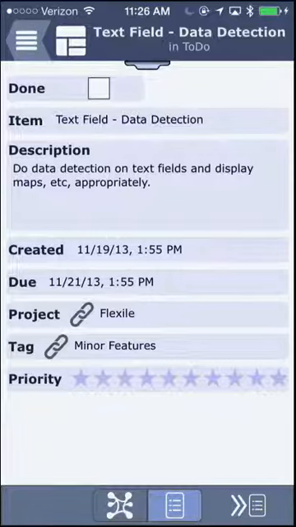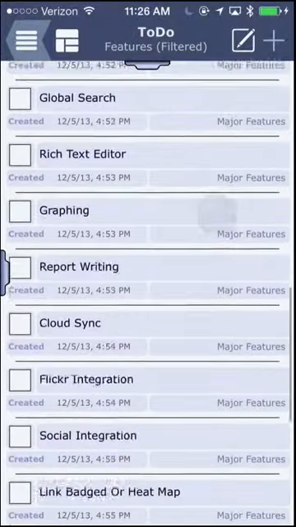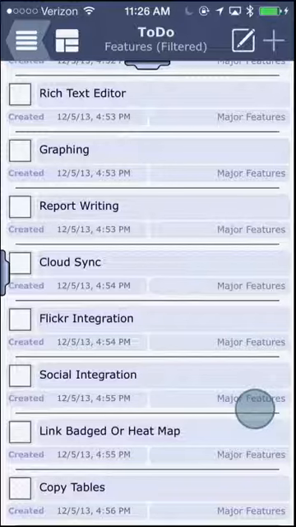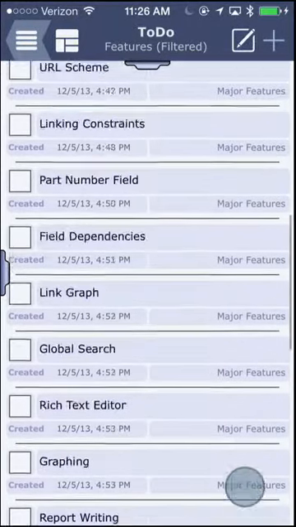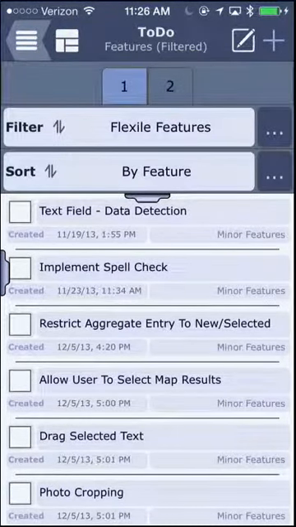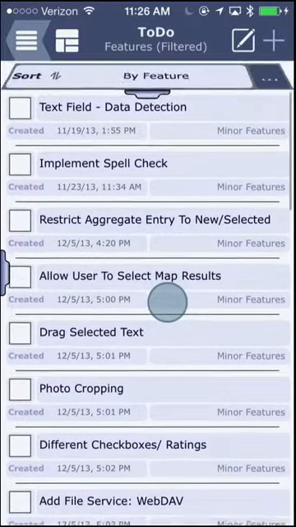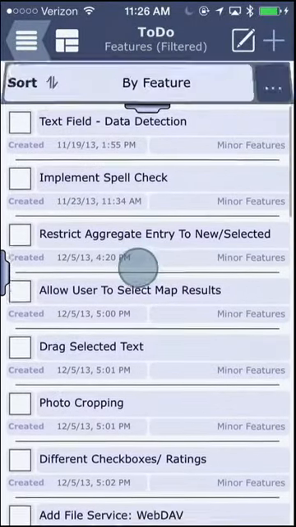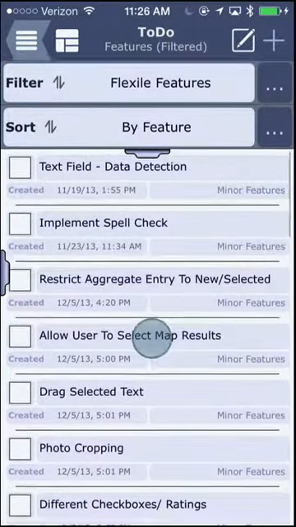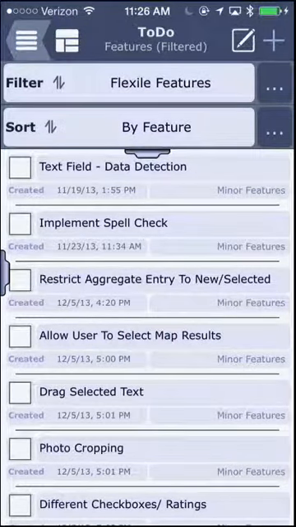The second thing is, it has to be in the project called Flexile, which makes sense. The other thing is the tag has to either be a minor feature or a major feature. So for example, you can see it's a major feature here, and I've got minor features up there, and I'm sorting by that field so that I've got them minor and then major. And so you can see that OR expands out the records I'm including, and I'm doing that using a subfilter